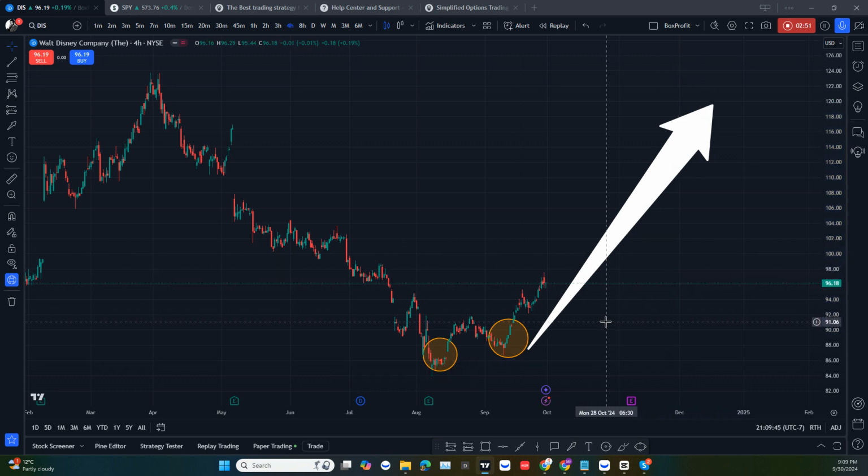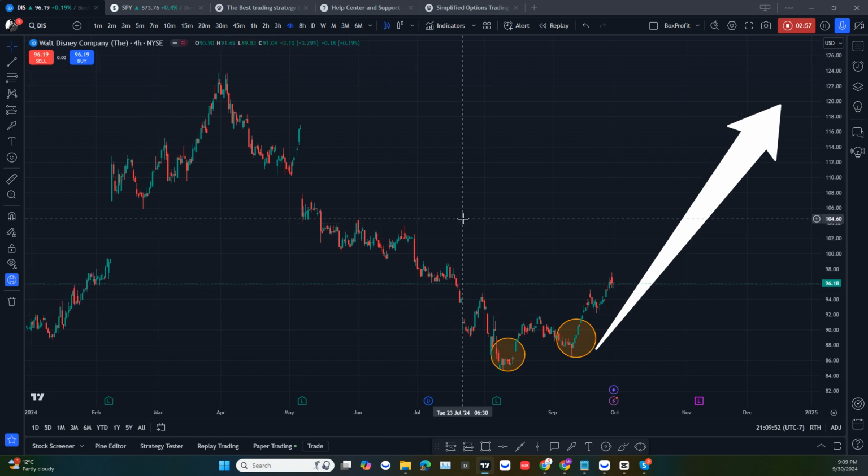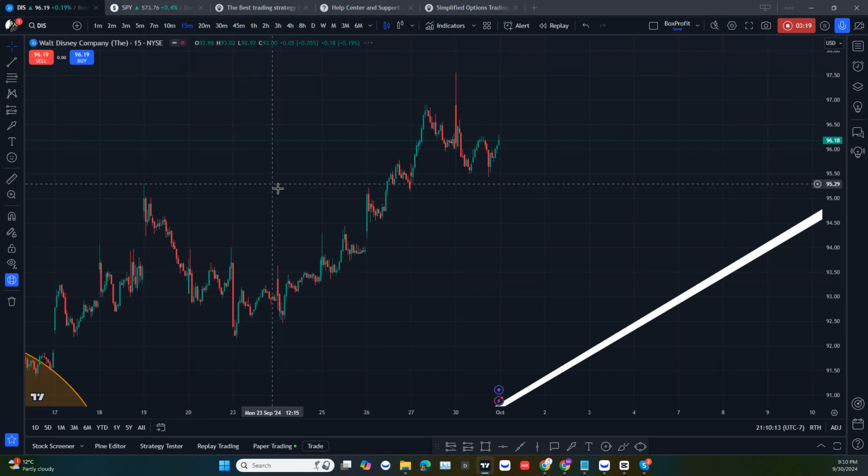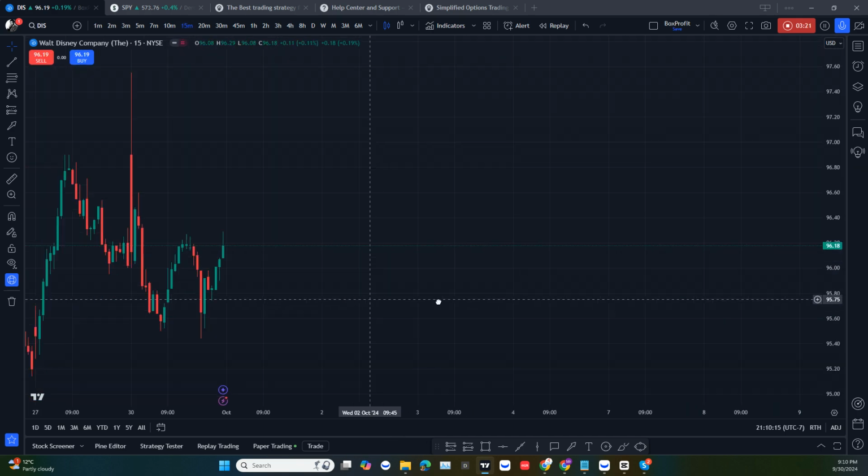Anyhow, after we have looked at a 4 hour chart and confirmed the direction of the trend, we're going to go to a shorter time frame to get a clear view of the price movement. I mean, we have gotten a clear view, but we're going to go to a shorter time frame to see what would be our trading zone, or the areas of value that we can trade. If we take a look at the 15-minute chart as an example,